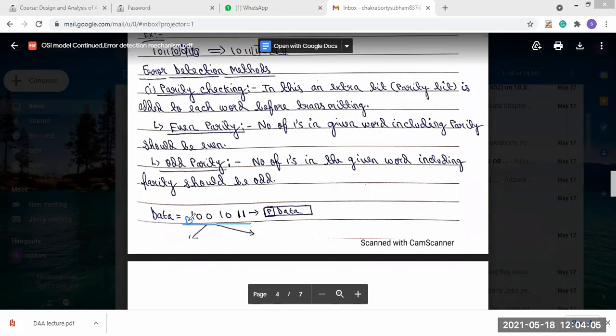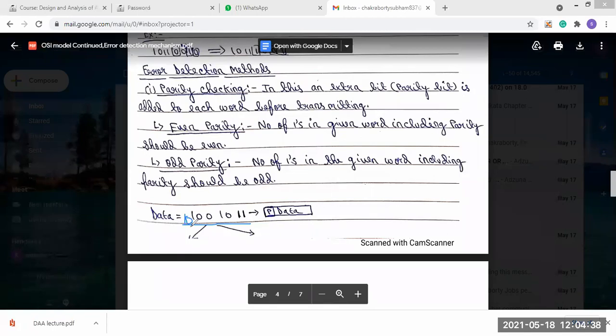If we add 1, then you can see 1, 2, 3, 4, 5, which means an odd number of ones is present in the message, so this is odd parity. If we use even parity, we have to add 0. So we can use even parity or odd parity, whichever we choose.